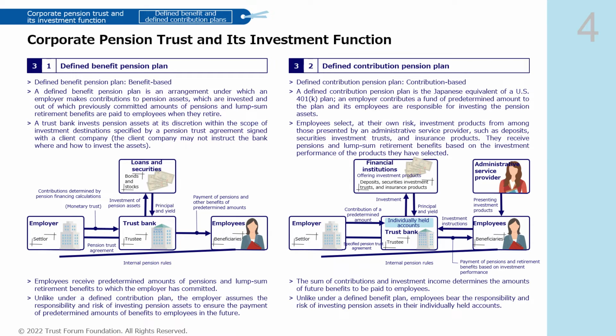Under the plan, amounts of pensions and lump sum retirement benefits employees are to receive when they retire are predetermined based on their wage levels and years of service, and the employer commits itself to paying those amounts to employees. Under a defined benefit plan, the employer asks the trust bank to invest its pension assets in loans, stocks, and bonds on its behalf, so that the employer will be able to fulfill its commitment on pensions and retirement benefits